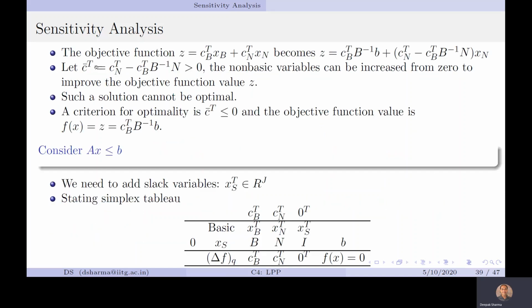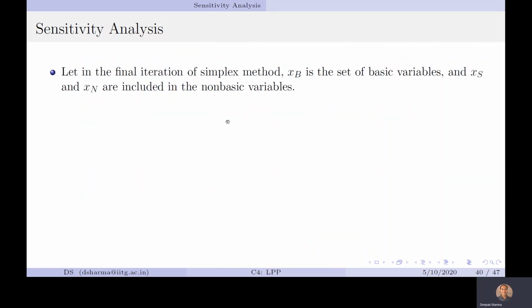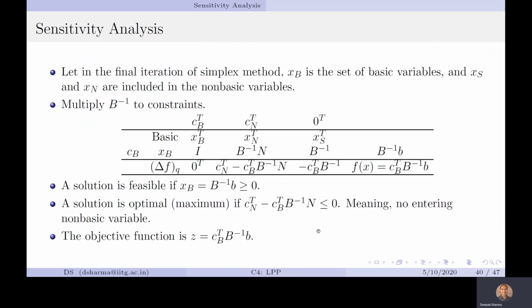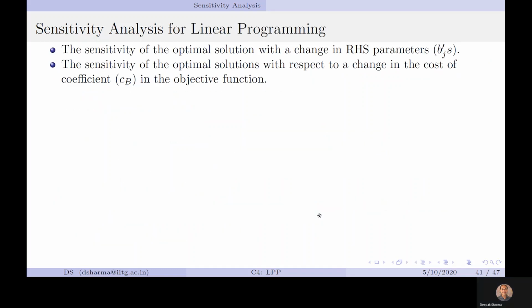Now if I go back, this is exactly the same thing we did. Look at the top, that C bar transpose, this is the same equation. So if it is greater than 0, this means we have to go from iteration 1 to iteration 2, because there is some non-basic variable in the simplex table that can further improve the objective function. But as soon as it is smaller than or equal to 0, then we have reached the optimum solution. So the same set of equations you can see in both the slides.